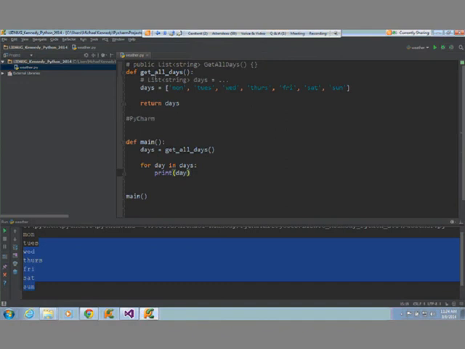So now we've got our little method that gives us days. Let's have another one that gives us a report. I want a report for a given day. I'll just say get random report because we don't really need to pass the data. We're not actually using that data, right? And then what I want to do is print out that report and that day.